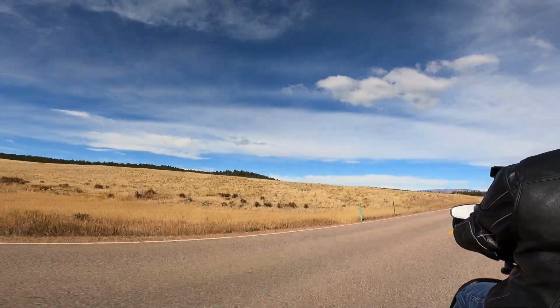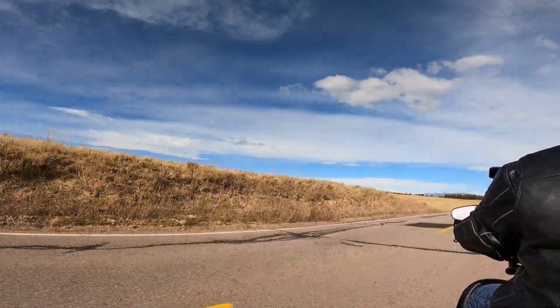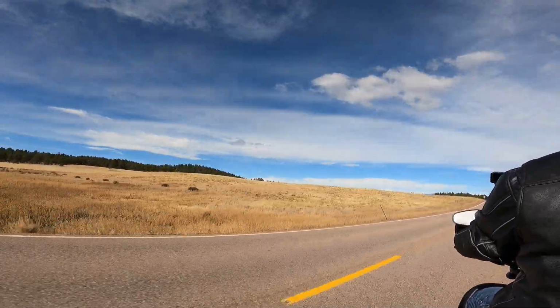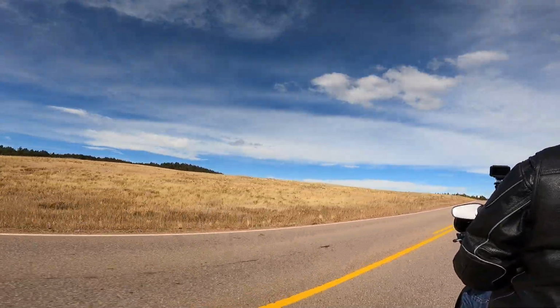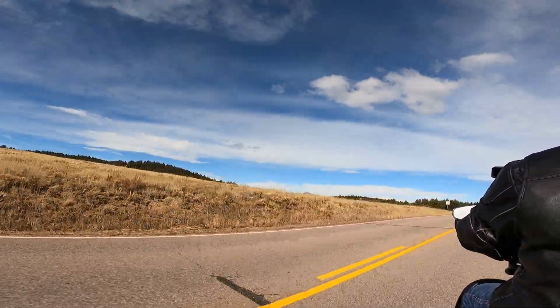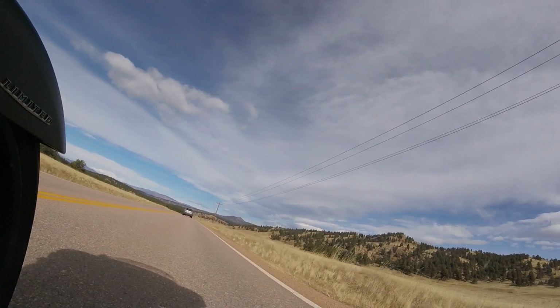And so let me walk you through what I've learned about the bike in this time period. I'll give you the advantages and the disadvantages, the things that I didn't like, the things I did like. All right, and then you guys can make up your mind whether or not this is the kind of bike that you want to move towards. All right, so let's talk about